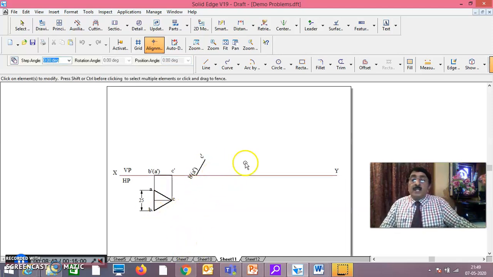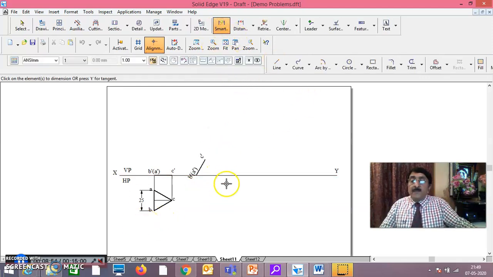That means this triangular lamina has an edge on HP. Surface is inclined at 60 degrees to HP. In that way, you see here, if you measure this, it is 60 degrees to HP. Now, once you do this 60 degrees to HP, and you know very well, once you do this, first